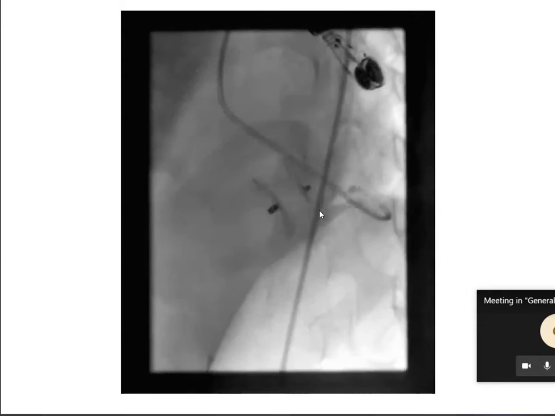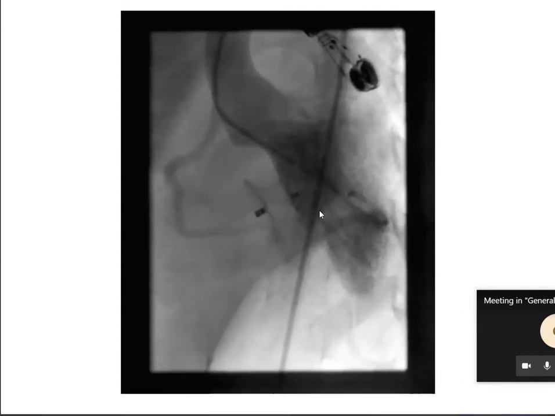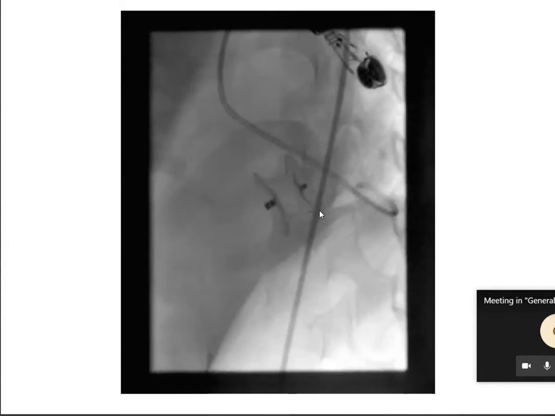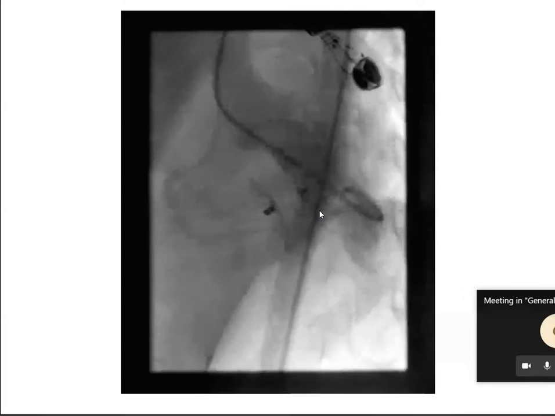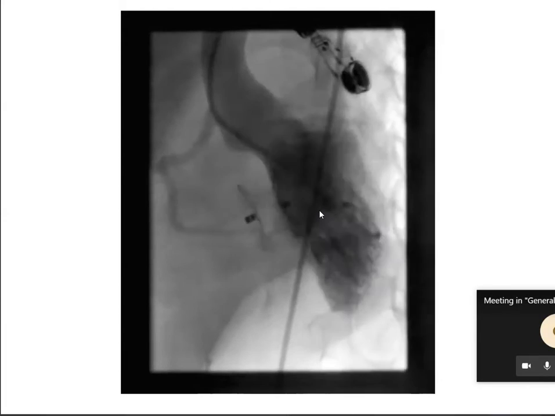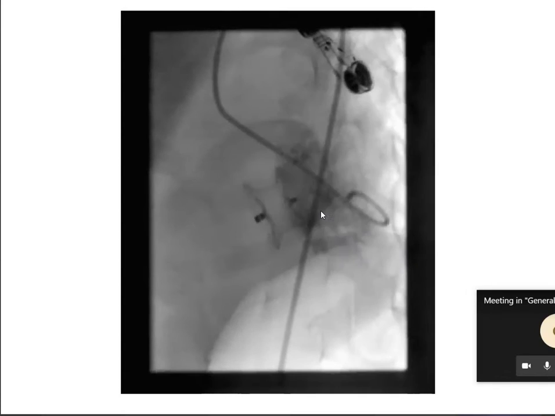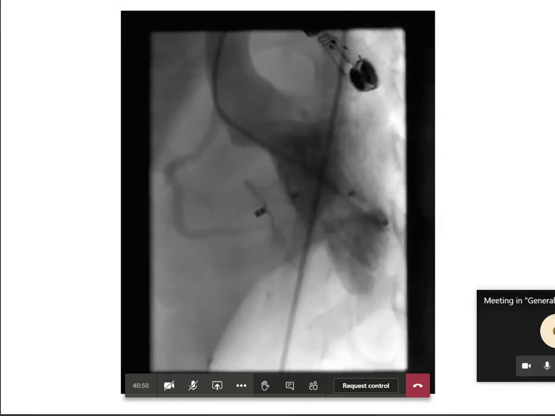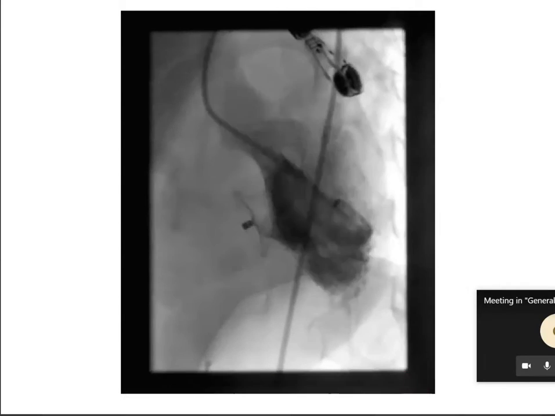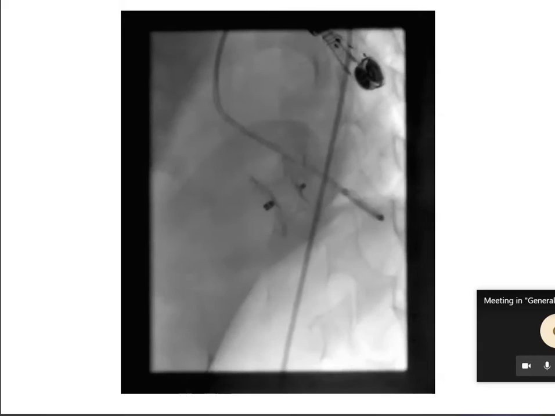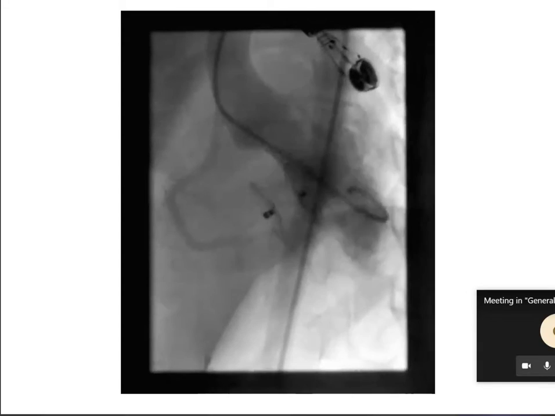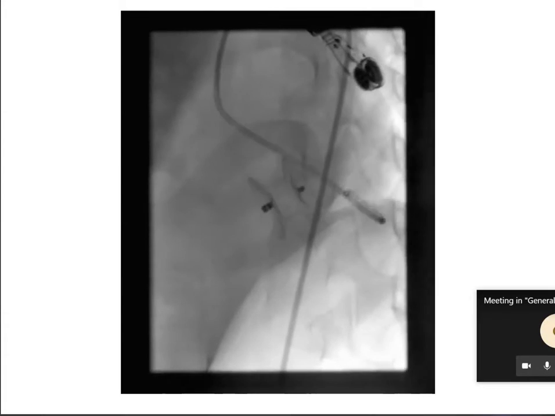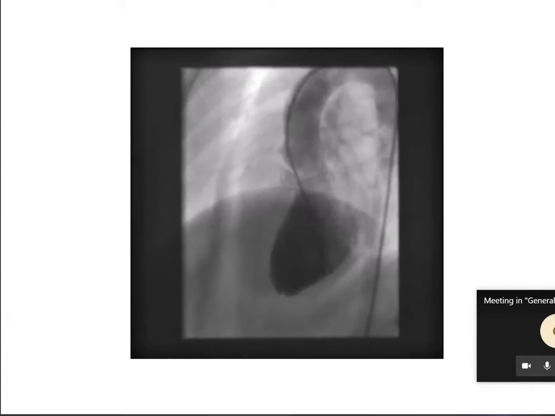Is it fully closed or is there some residual flow? Some residual flow is there. Will you accept this residual flow? Yes, sir. I think we should accept. Acceptable. So what can this particular flow lead to? Hemolysis is possible with this residual flow. Hemolysis can happen rarely because it is a high velocity jet going through the device, but most likely this will close up. Okay. Next person, what is this?